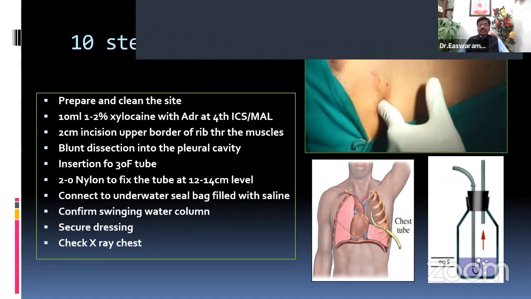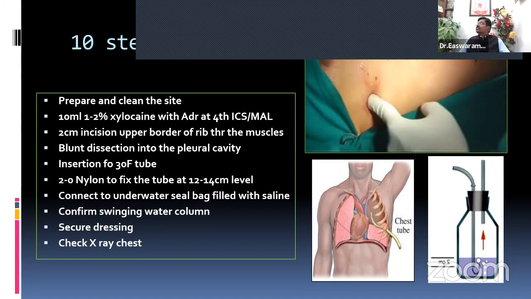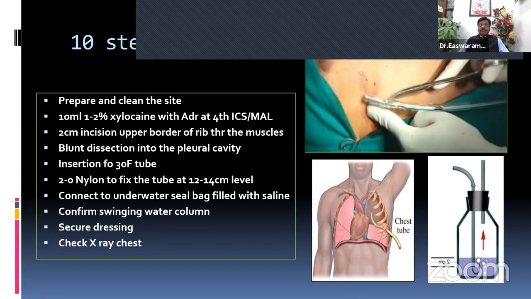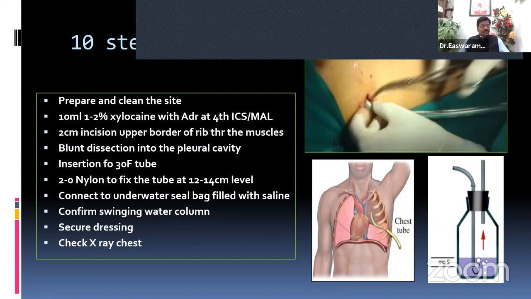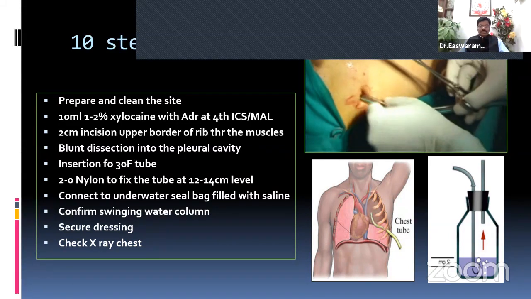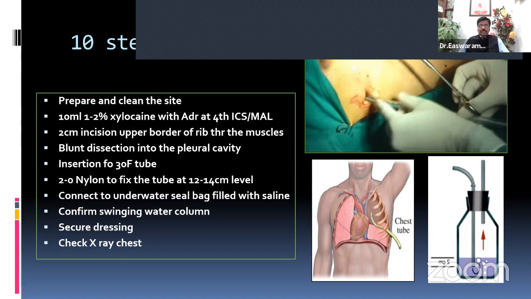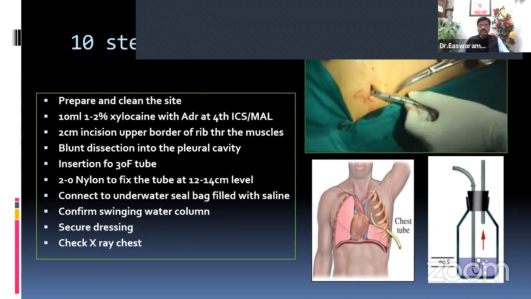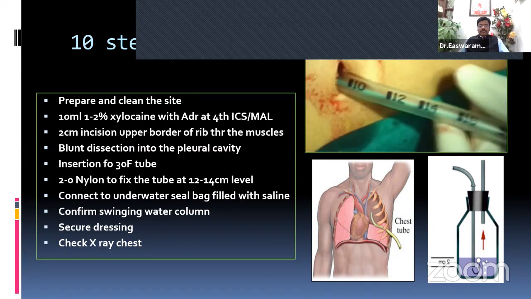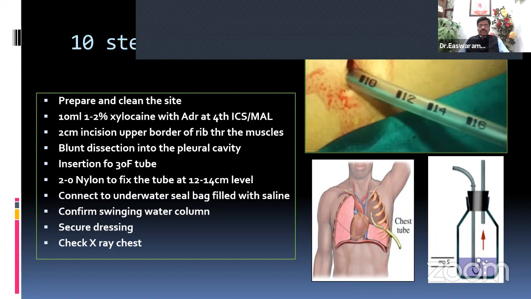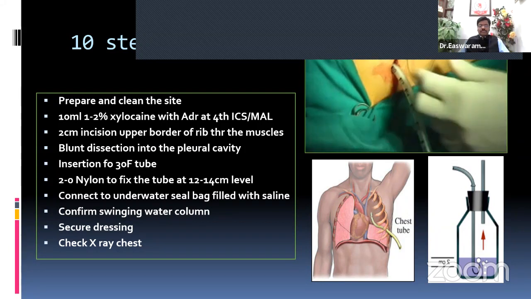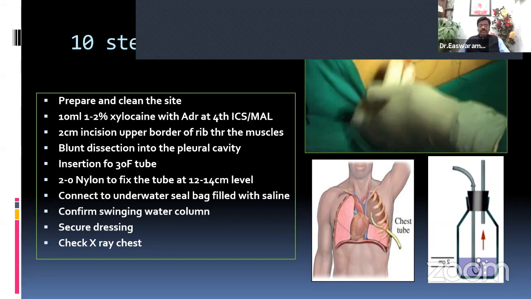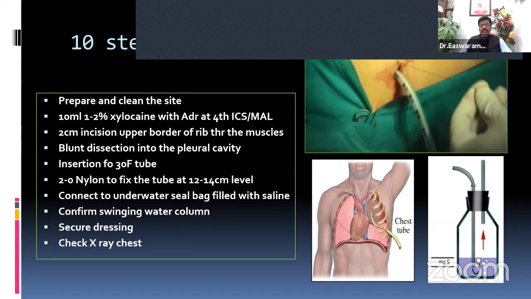and actually my finger is inside the pleural cavity, and while holding the finger like that, the tube is taken and inserted. You should see that only the tube alone is inserted, not with the forceps, and it should be directed up to the apex, and it should be up to the level of 10 or 12 centimeters, not less or more. Then it has to be fixed, and here is one way of fixing the chest drain,